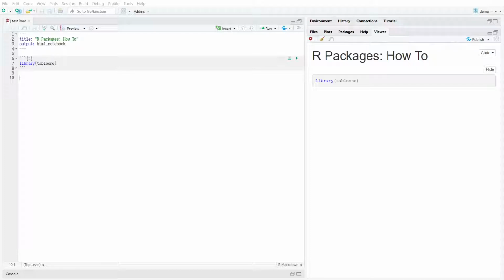So let's discuss a little bit what this package loading does. It basically takes the files from the disk, parses them through the R engine, and exposes to us the name of the functions that the package has. Usually, developers tend to group together in a single package multiple functions that serve related purposes. So in this case, the package